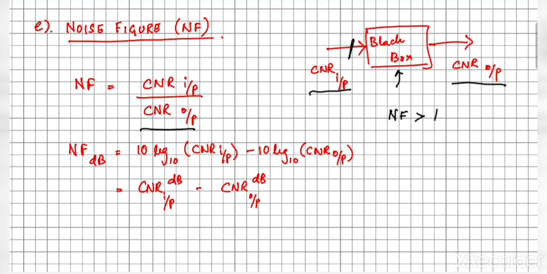This can be visualized as well. So if, for instance, we consider this system, which is introducing a gain of G, that is multiplying the input signal with a factor of under root G, and the input signal here is S of t plus eta of t. If we evaluate the CNR at the input of the block,